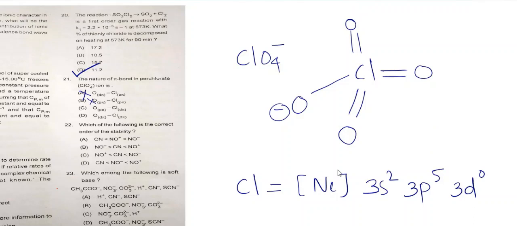Then coming to the oxygen atom, we know that oxygen has s and p orbitals, there is no d orbital, so option D is cancelled out. In this way you will get the answer. If you know the basics, that is enough to answer the question. So option C is the correct answer. What you need to do is know the configuration of the element. That's all. Next, move to question number 22. I will erase here.